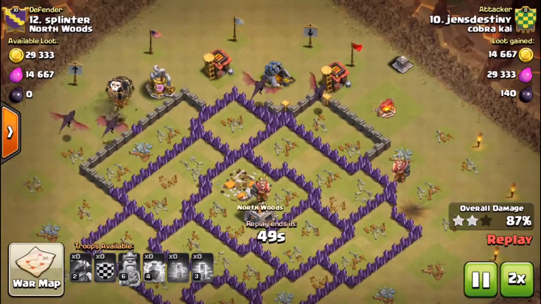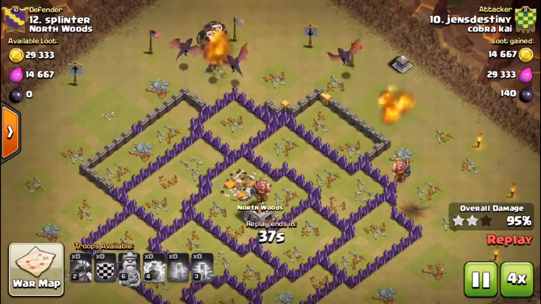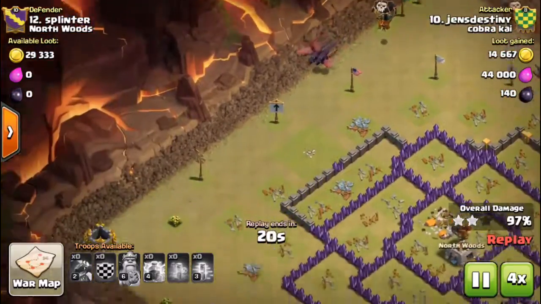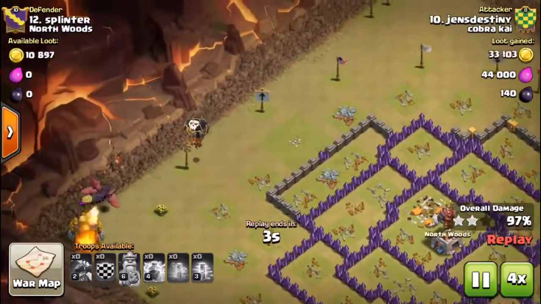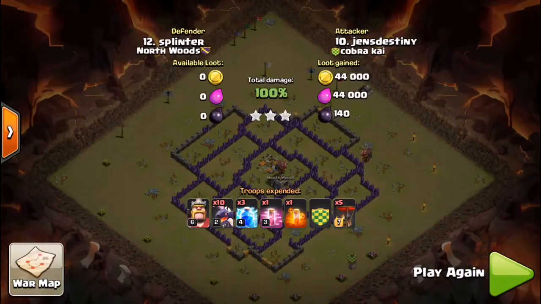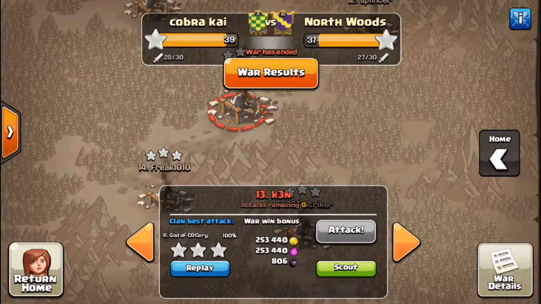And that is the attack there from Jen. So they've got the gold and elixir storages in the corners, which I'm sure has ruined many 3-star attacks from that base because of time. But she has enough of her army left to take it out. And the last attack we're going to show is